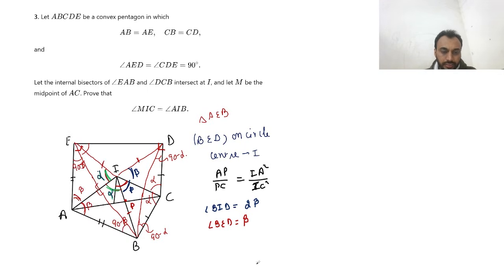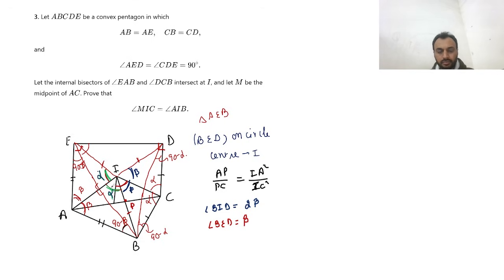Okay, so what else do we have now? We have the alpha angle and the beta angle. This is 90 minus beta. So this is 90, and okay. So if we see the triangle IAB,